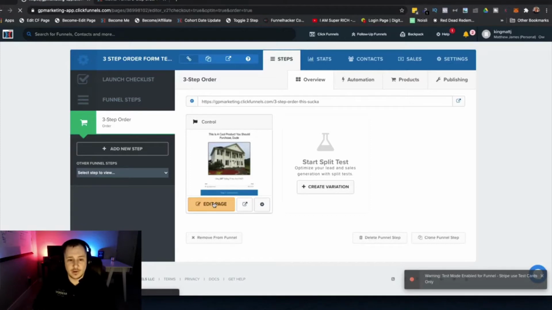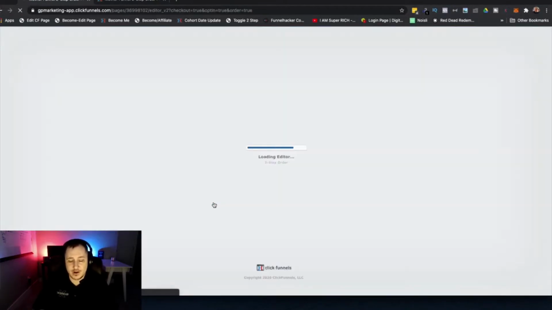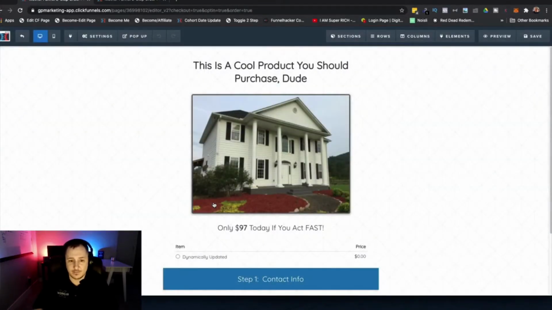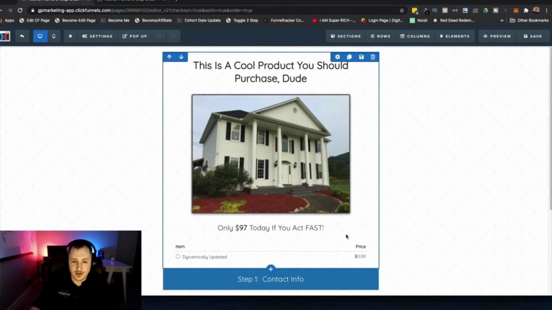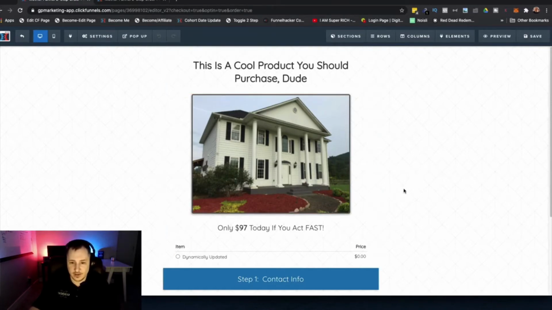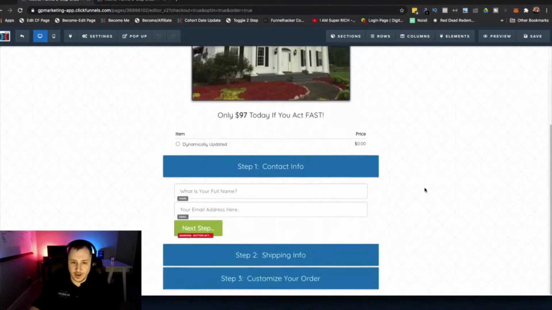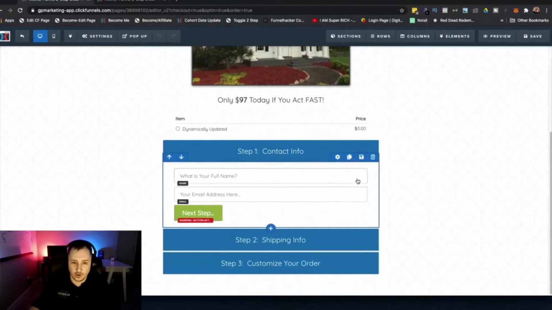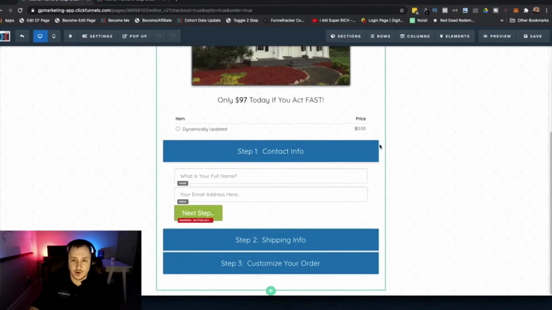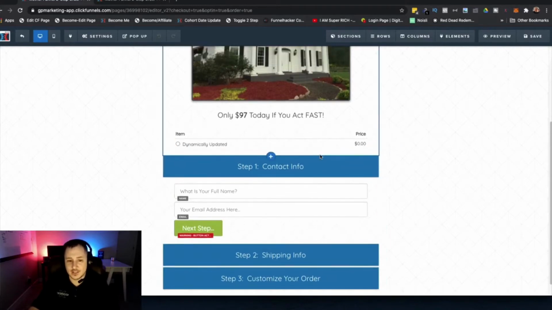So I'm going to go into this page. I'm not going to build this out from scratch right here in front of you guys. I think you'll get a little bit bored, but what I am going to do is show you exactly what I did to make this work. And while I'm at it, I'm actually going to add a couple elements that I saw we missed.